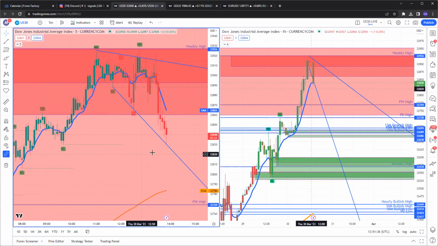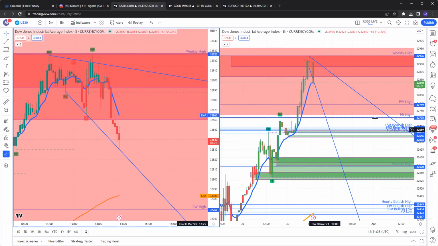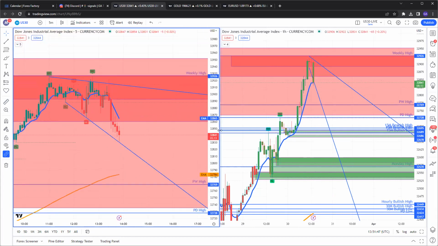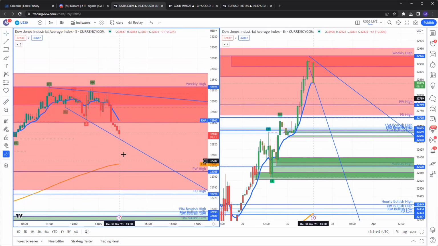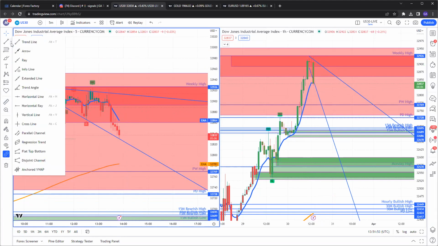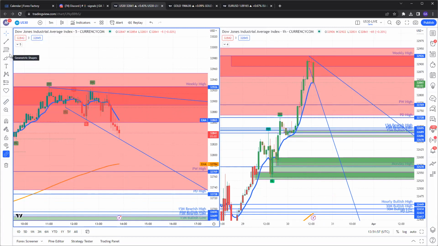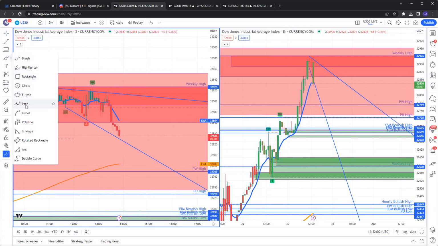So I'm still waiting, and you can see it's testing that trend line out to the bottom. I'm still waiting for US 30 to come back up and pick up liquidity. We definitely have a death cross forming on the 5-minute. You can see the 9 EMA is approaching the 200. So I do expect US 30 to do something like this. So this is ideally a patience game. And today I will be going for a bigger